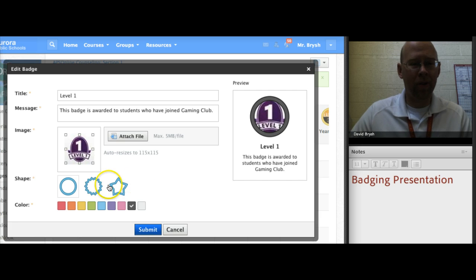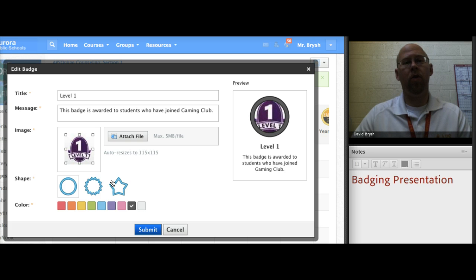The drawback really is what I've already mentioned, that there are a very limited number of badge types, and so the uniqueness factor for each badge can be a problem. If you only have a certain number of badges, maybe for each class, that's okay, but they can start looking repetitive really quickly. So that's one of the major drawbacks. It would be nice if Schoology could